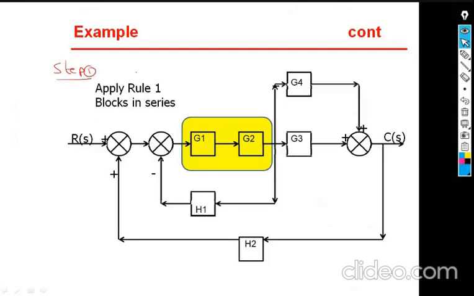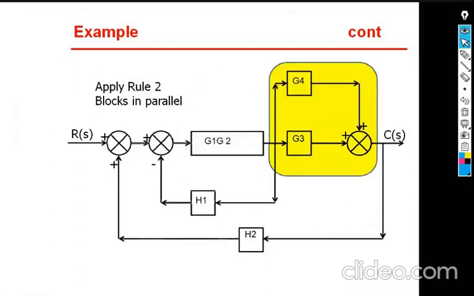So first step to solve the problem, step number 1: reduce series blocks by applying rule number 1. The blocks G1 and G2 are series blocks, reduce them. Reduce and you will get the next one, those two will become in series, like this, G1 and G2. Next is step number 2. You need to write what you are doing, because in the examination the examiner should know what you are doing. So step number 2, apply rule number 2 to reduce